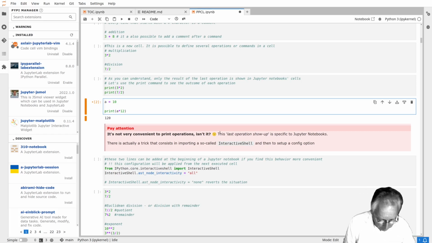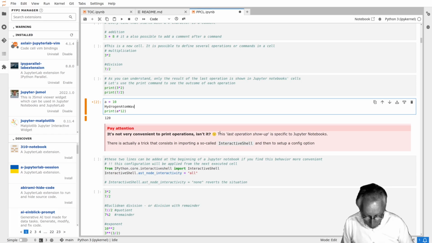Let's say, for example, that I want to name a variable hydrogen atom, with small caps, and capital letters are different. Hydrogen atom wave function. Hydrogen atom ground state